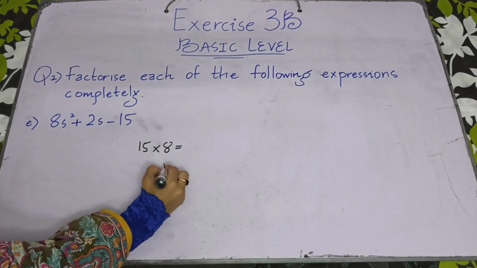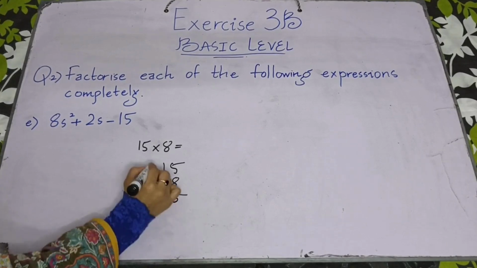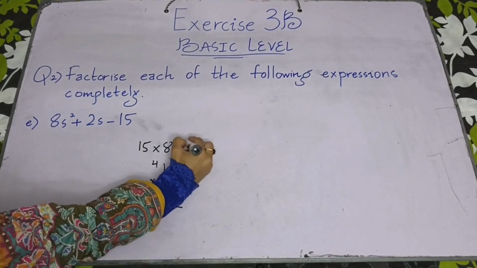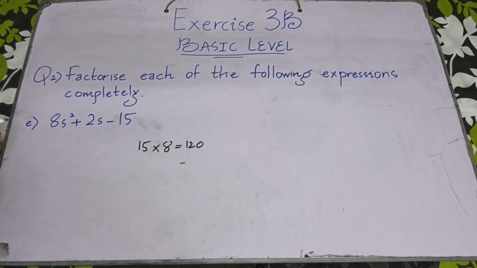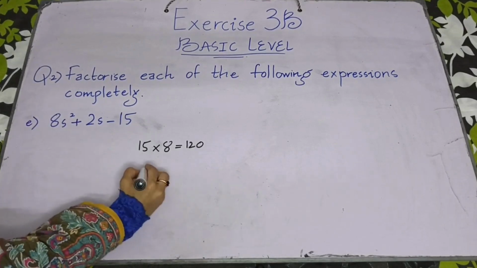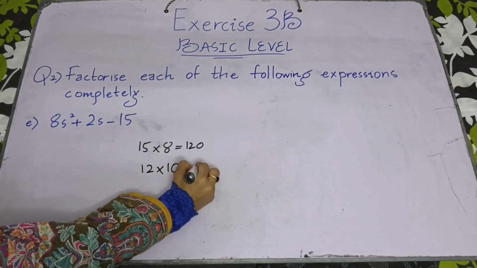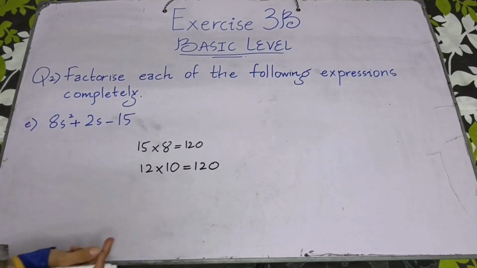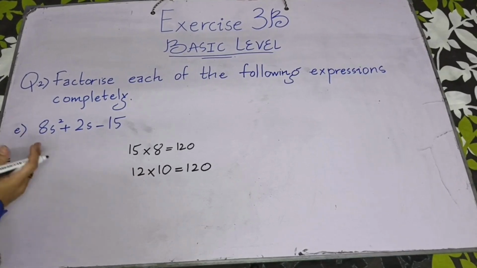So we will get 15 multiplied by 8. 8 times 5 is 40, 8 times 1 is 8 plus 4, that is 12. We got 120. Now, we have to make 120, and when I add and subtract the two numbers, I will get 2. 120 comes in 12 times table. 12 multiplied by 10 is 120, and if I minus 12 and 10, I will get 2. See, simply it solves. The higher the numbers, the lower the answer.